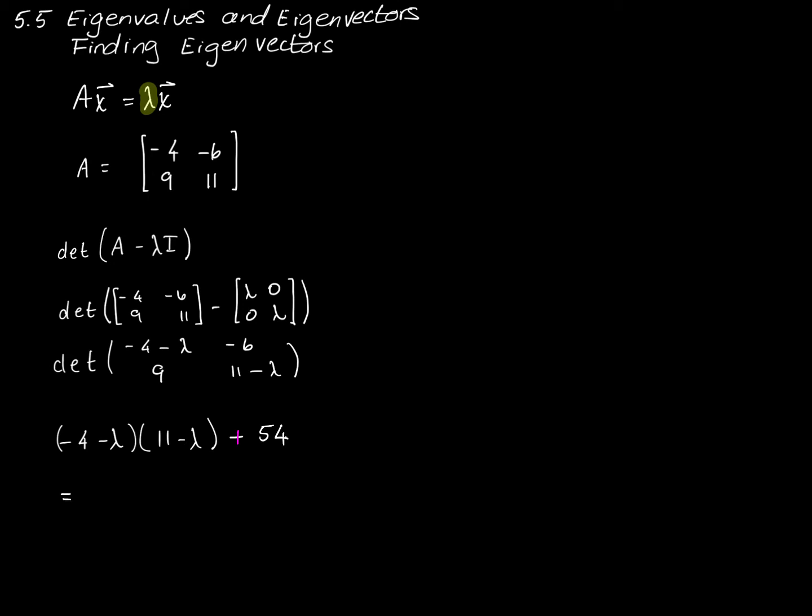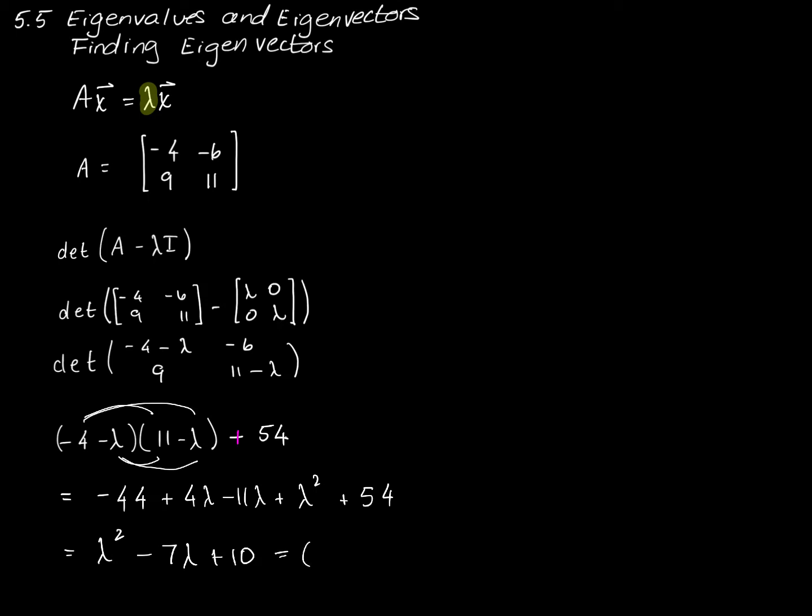And that, let's see, I get -4 times 11 is -44. -4 times negative lambda is plus 4 lambda, minus 11 lambda, plus lambda squared, and then I have my plus 54. I'll put that into standard form, which has the terms in descending order of power. I get lambda squared minus 7 lambda plus 10. And that factors,